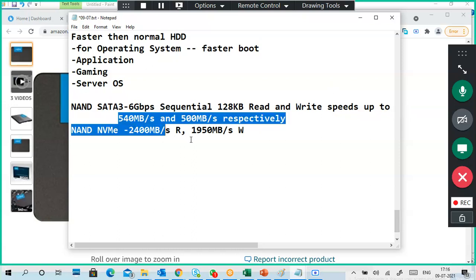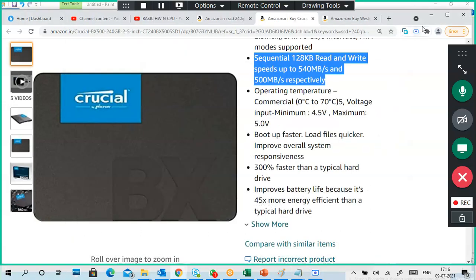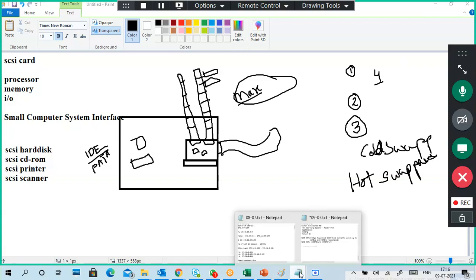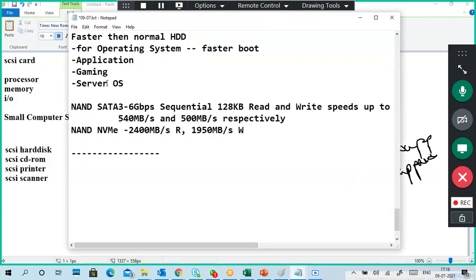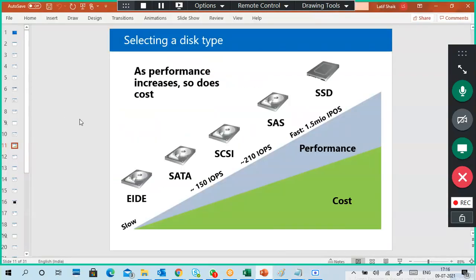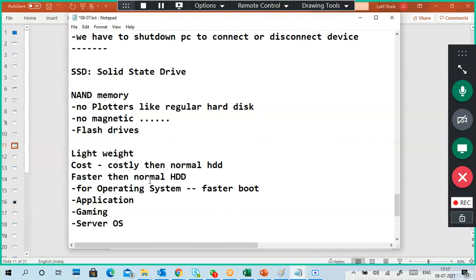See the difference. Got the point? SSD, solid state drive. What is the use of a solid state drive? To put an operating system, applications, and games, so you can achieve speed of data read and write. Not for storing your data or backups, not for regular data, not for your videos, pictures, or normal files. That is not the main point of SSD, because SSD is costlier, even if you are a rich kid, and normally you can't put data there.